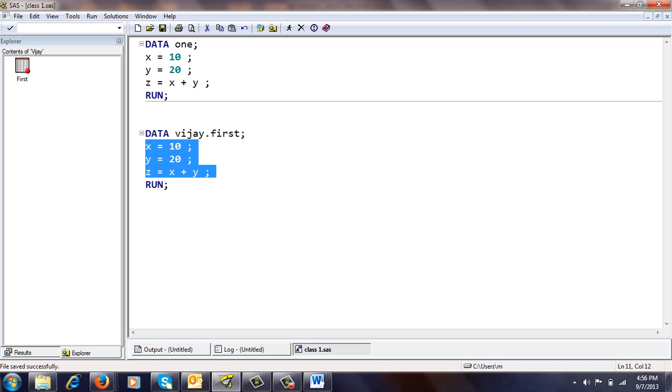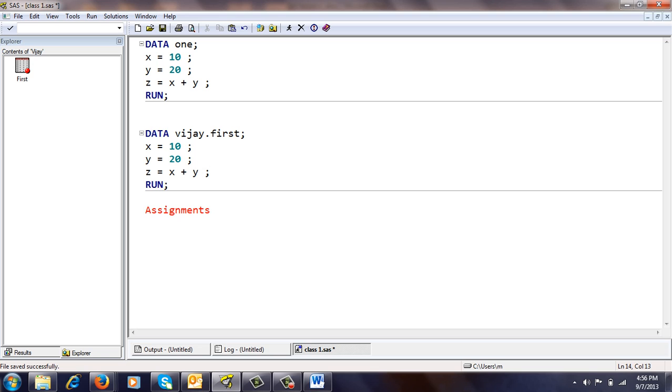These x, y, z are known as your assignment statements. These are the variable names only, but in terms of terminology, we call this an assignment statement.